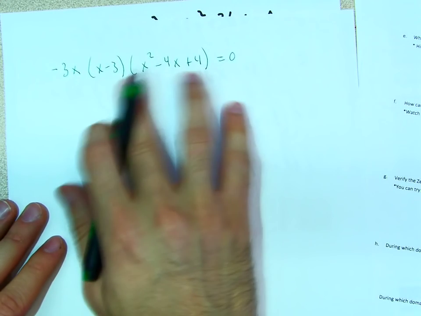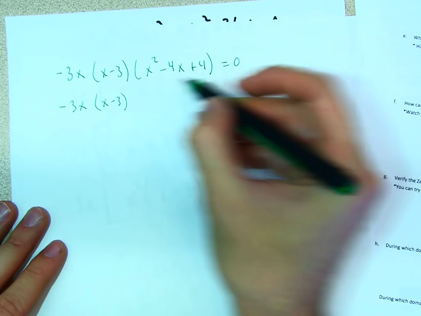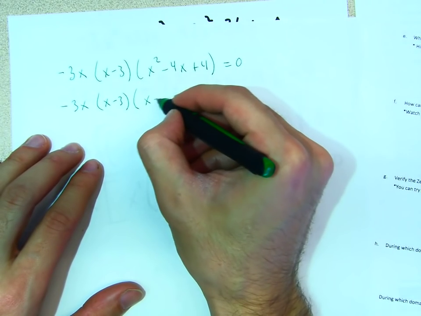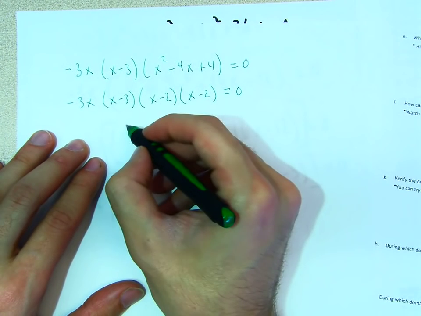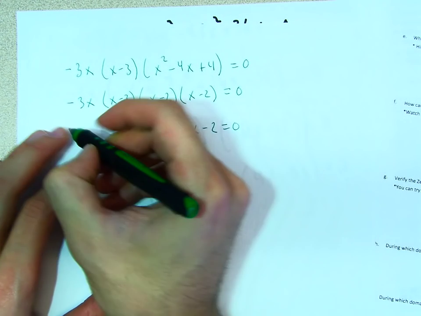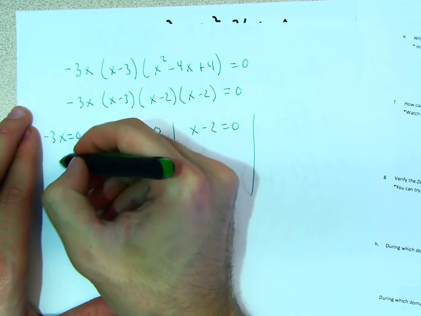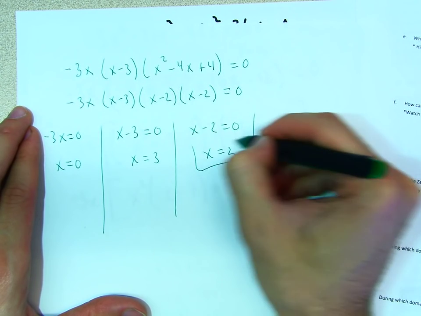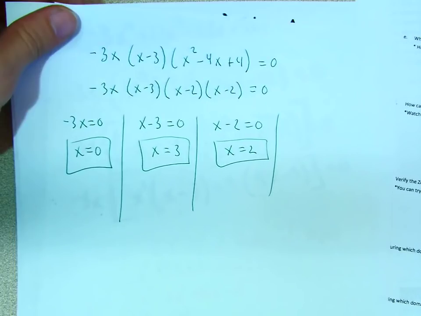And now from here, you could factor this. So you get negative 3x, x minus 3. What two numbers when you multiply give you 4, but when you add give you negative 4? This is x minus 2, x minus 2, and that equals 0. And then from here, we get x minus 3 equals 0, x minus 2 equals 0, and negative 3x equals 0. So then we know x is equal to 0, x is equal to 3, x is equal to 2. And notice that these are the 3 zeros that we originally got